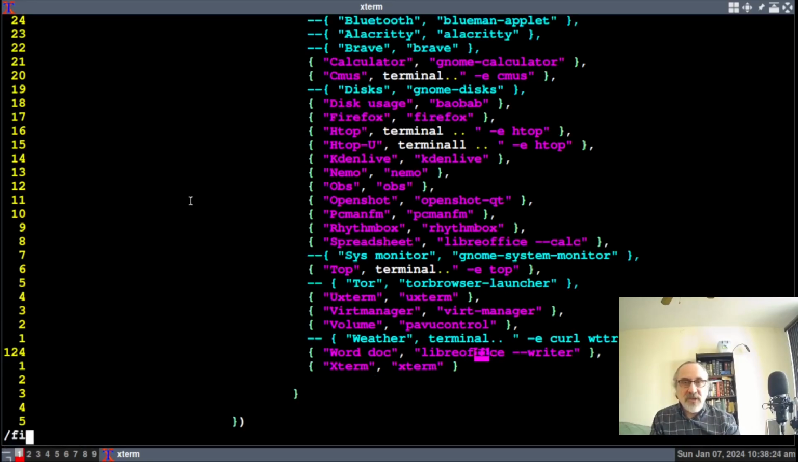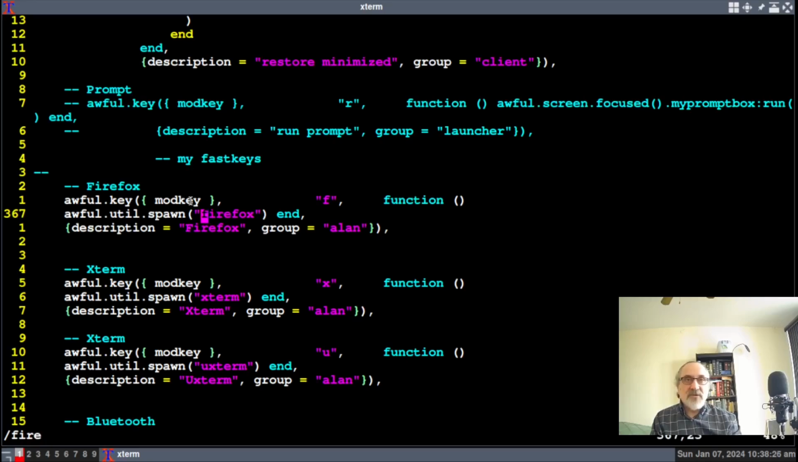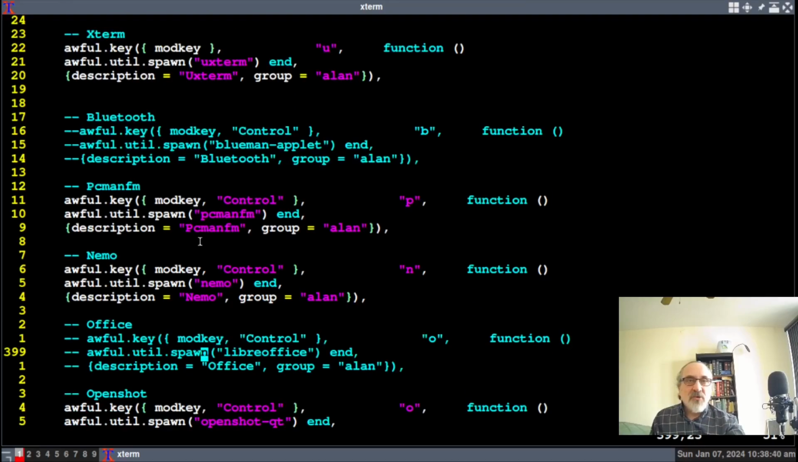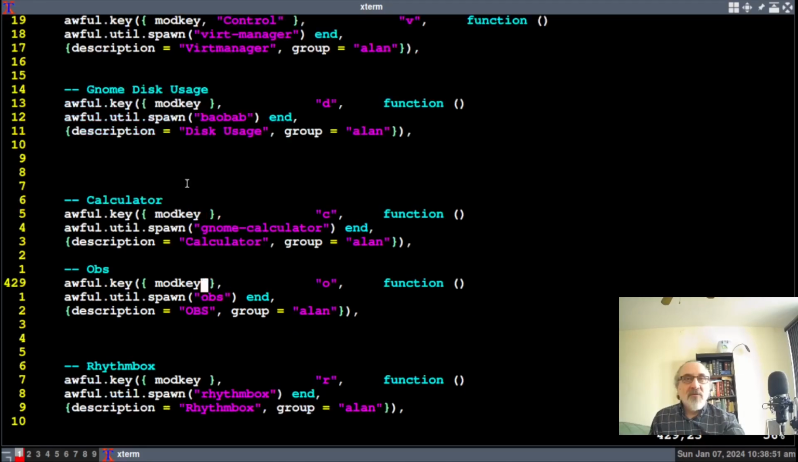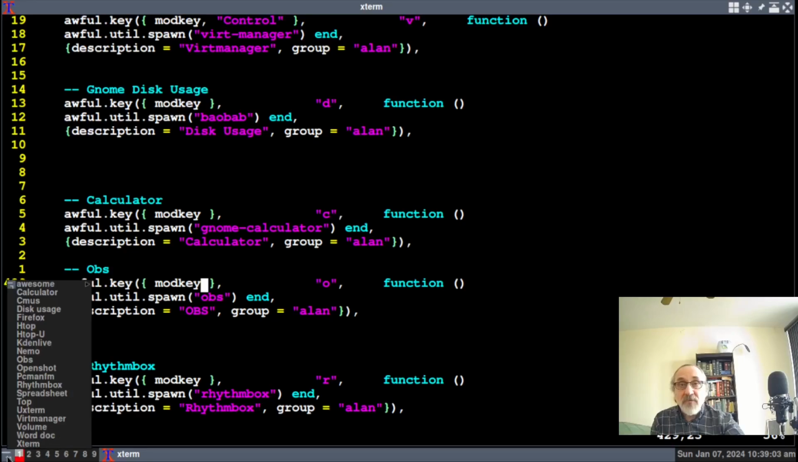And I also showed in one of my most recent videos, I made key bindings to open up programs. For instance, mod key F opens up Firefox, mod key control N will open up Nemo, mod key C will open up the calculator, and so forth. And of course, like I mentioned in a recent video, if one of these key bindings is not working for you, or if something in this menu is not working for you, like OpenShot, it's because OpenShot is not